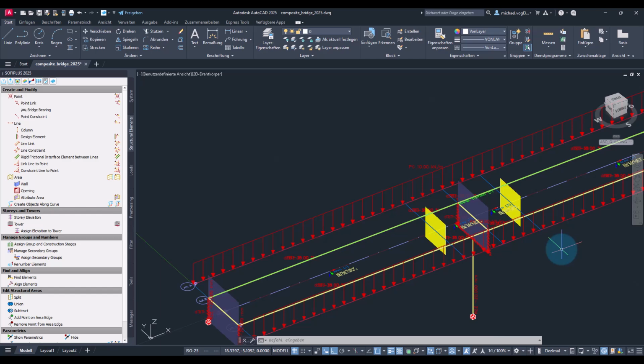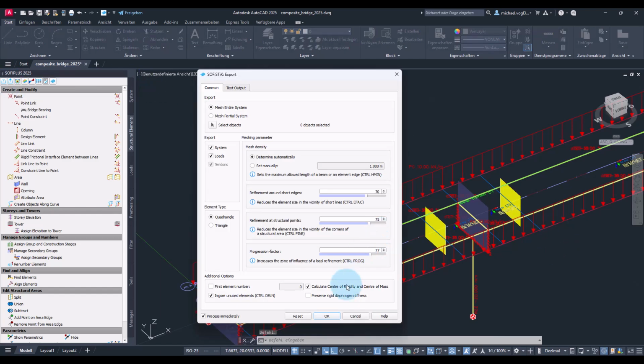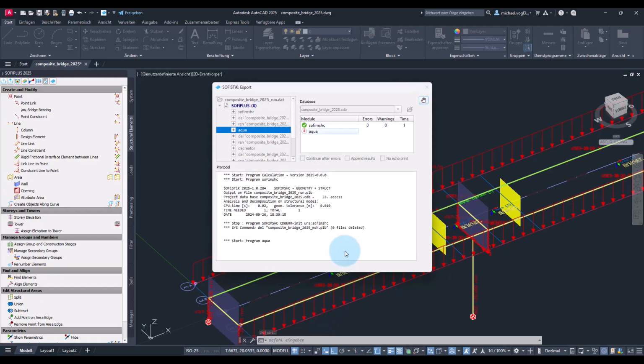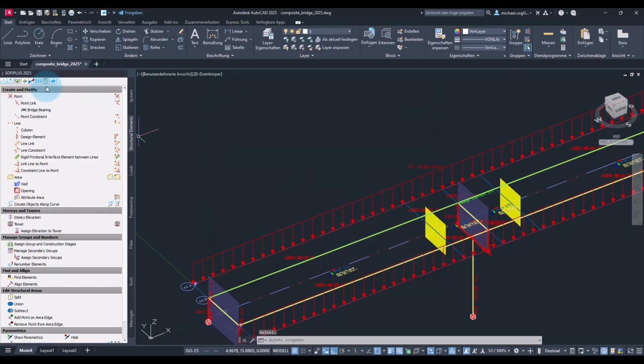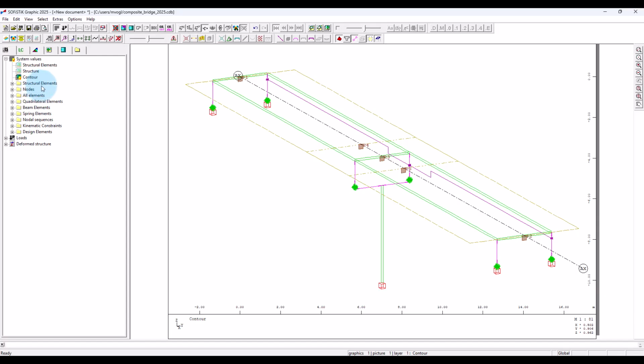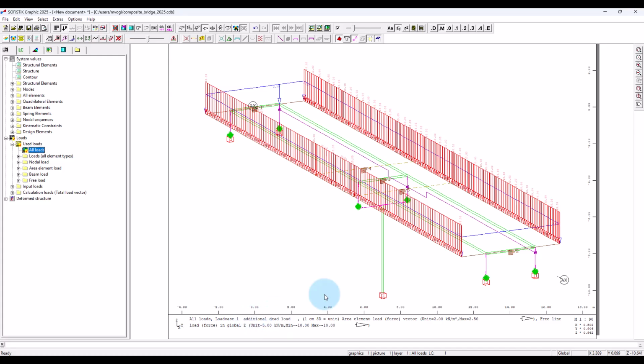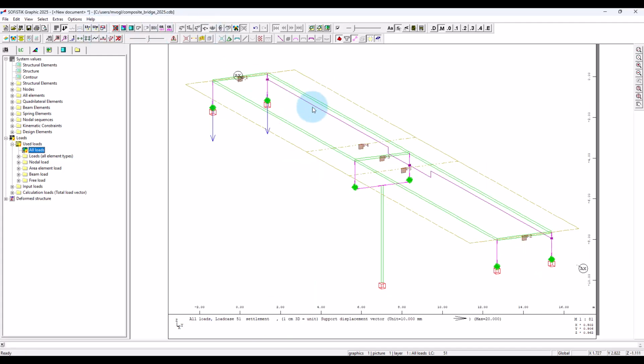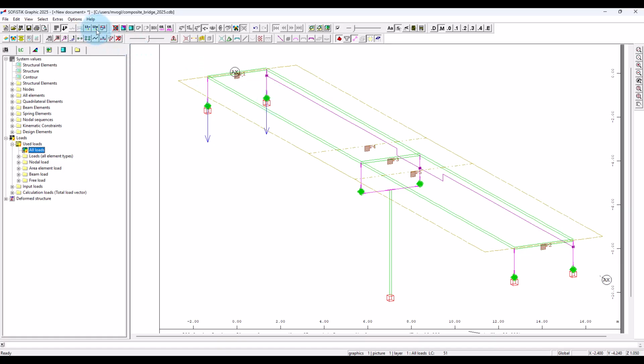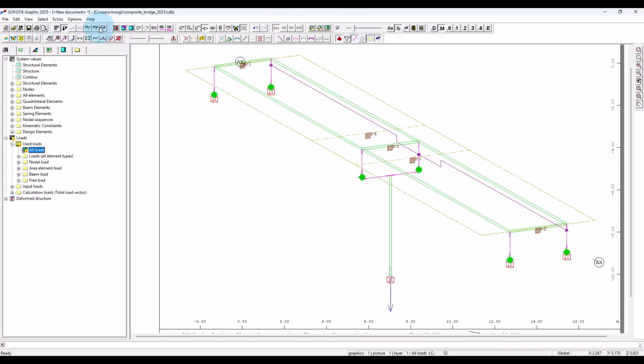Okay. Now we can export from SOFiPLUS and then use graphic to check if we have defined everything correctly. Load case 1, the additional dead load, looks fine. Settlement here, here, we'll scale the size a bit up here.